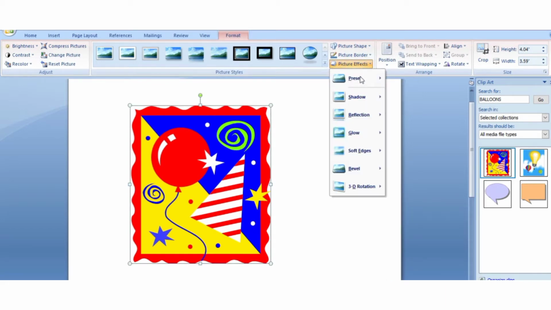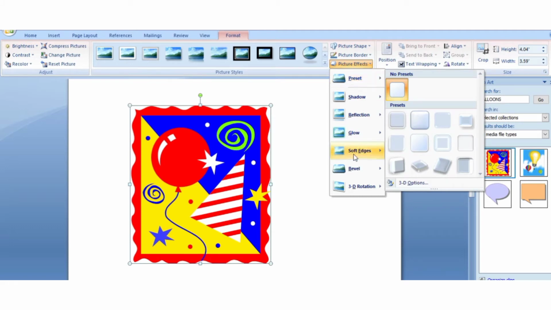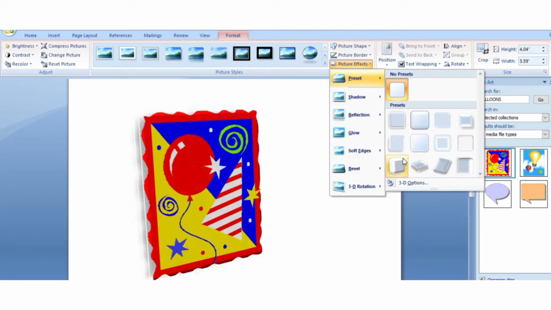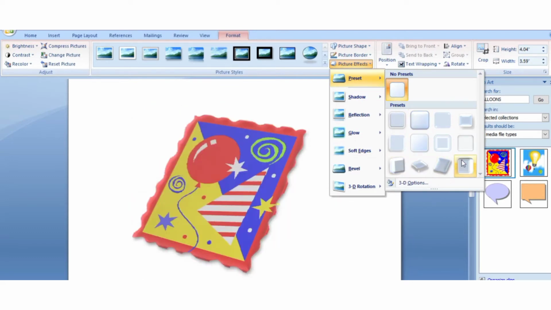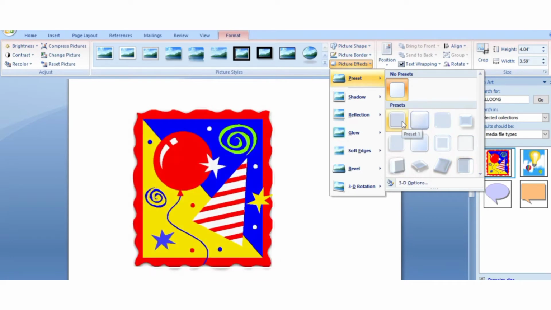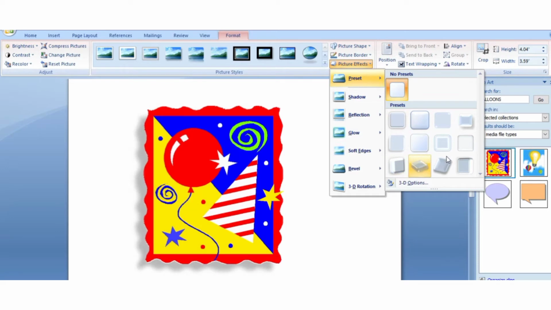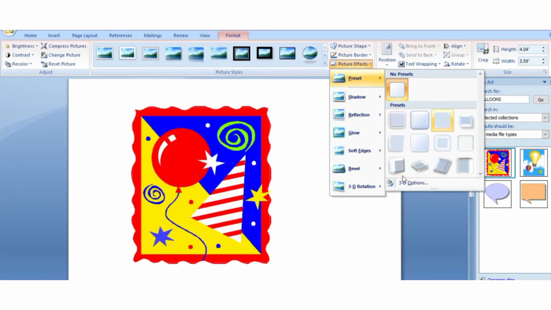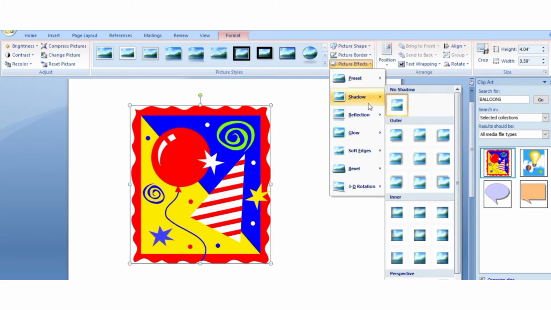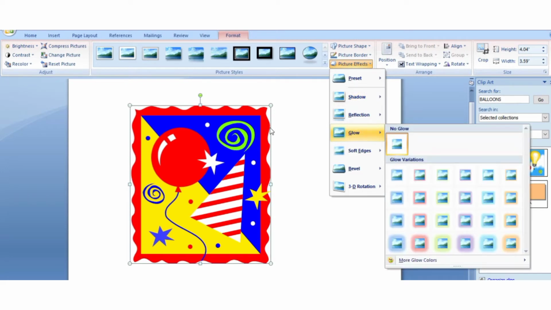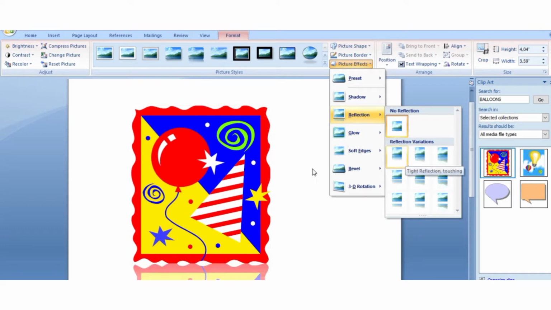Now let's first try preset. How does it look? You can see whenever I put my mouse cursor over these preset effects, automatically the picture shows us the preview. Now shadow effect. Okay, maybe it is not that possible to show you. Reflection effect.